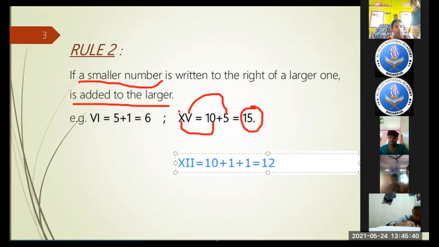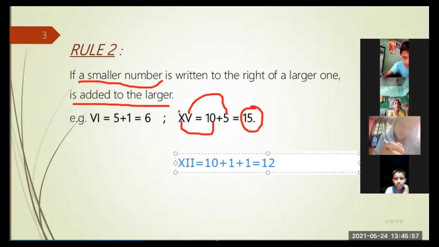I think all of you have understood. Shahnawaz Hussain Laskar, have you understood? Yes, sir. Okay, very good. If anyone has any confusion, you can ask me with the help of the chat option. Okay.